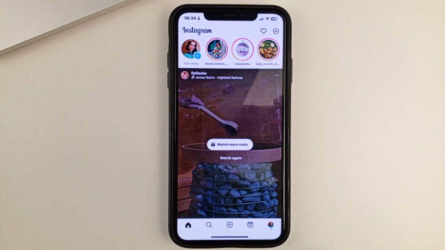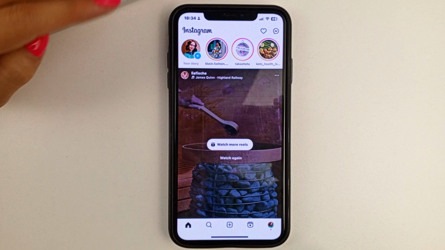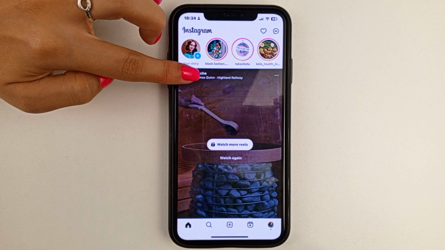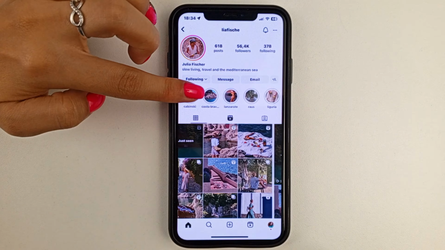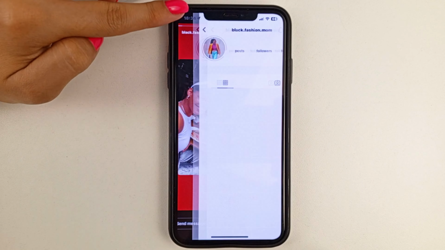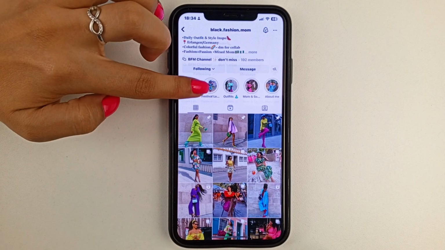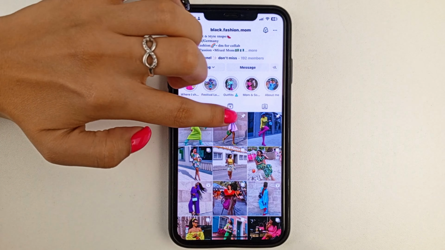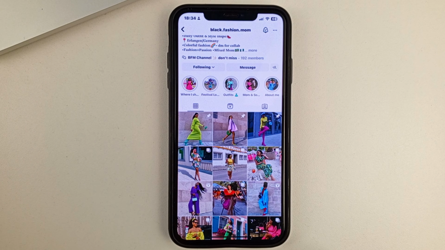And I'm going to show you how you can pin posts. In general, what pinned posts can look like. These are posts that are on the page, and they are marked with a pin like this.